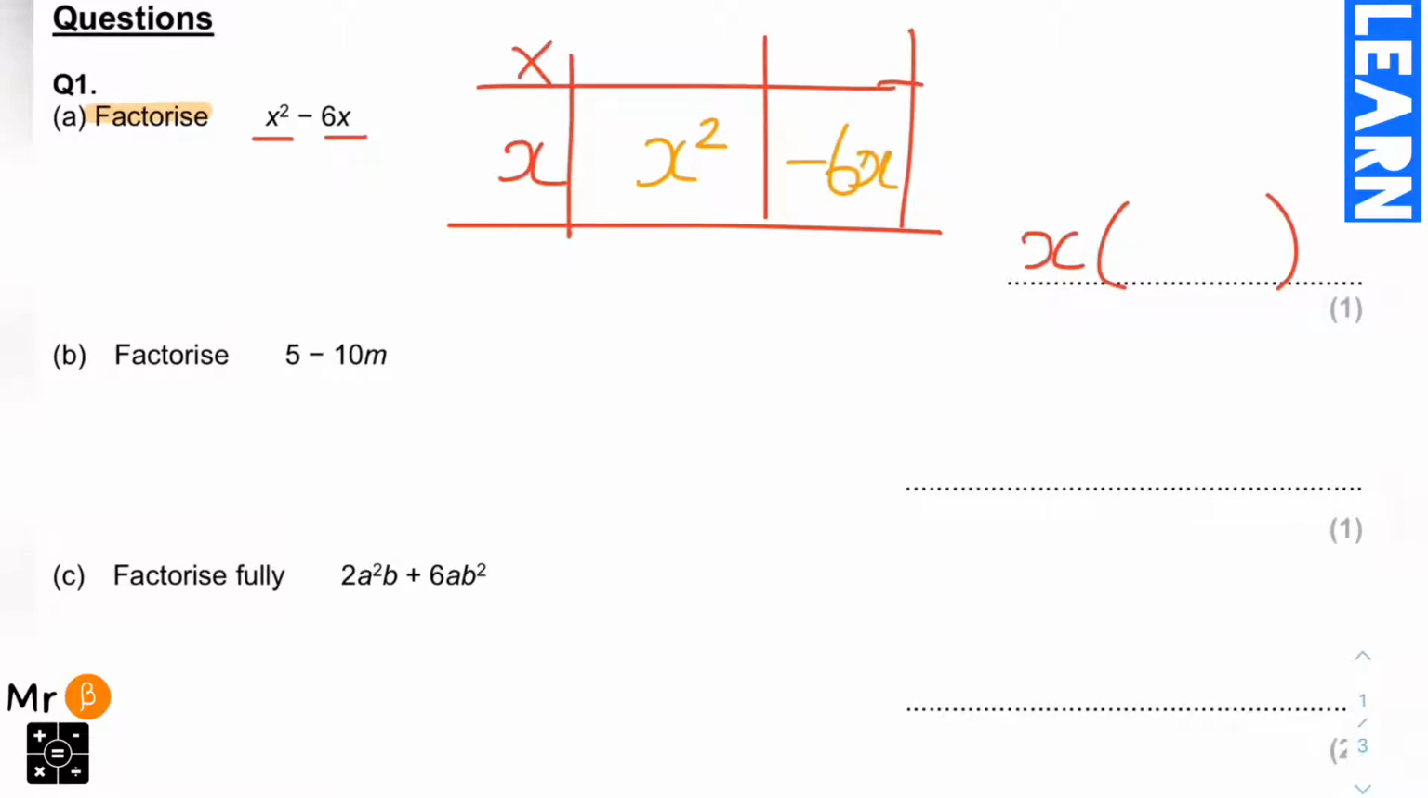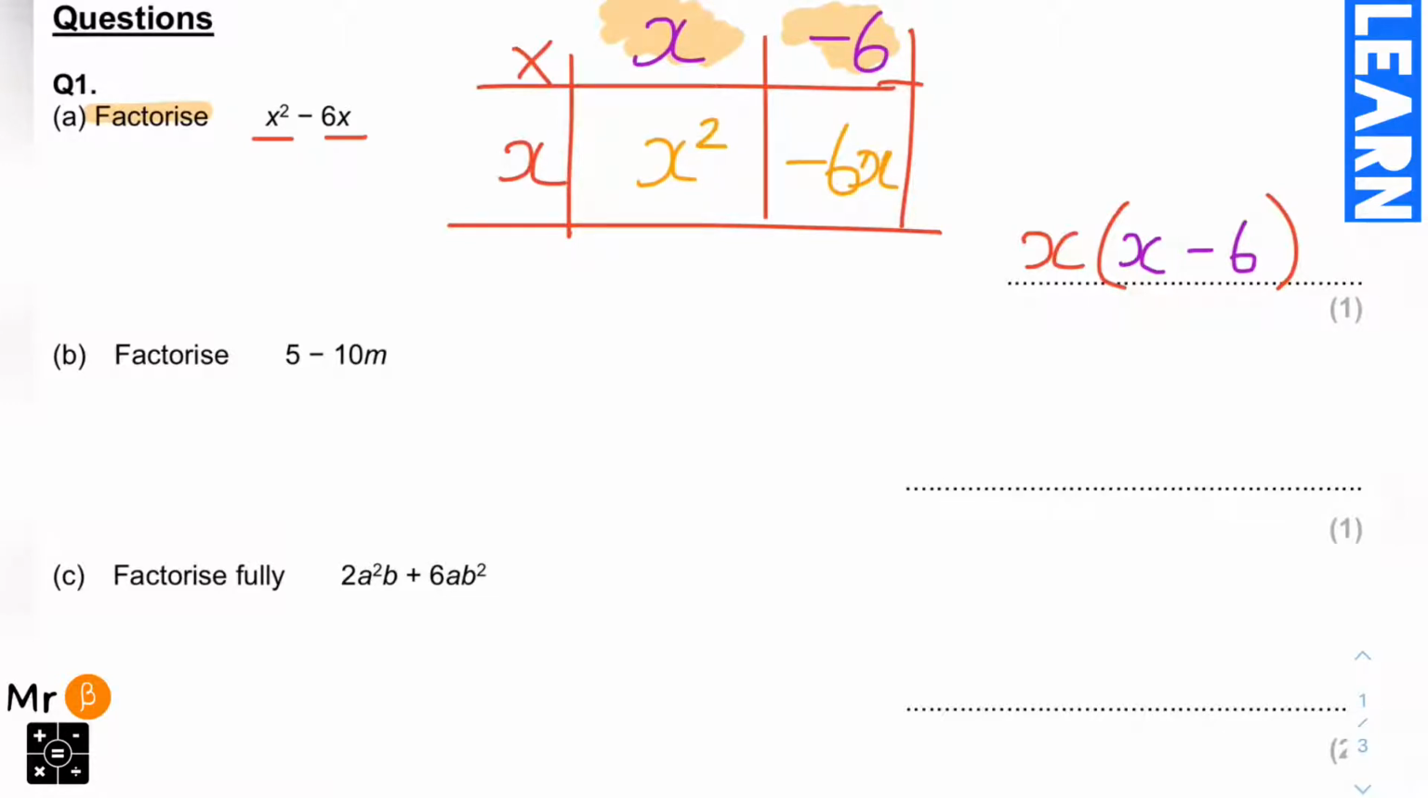minus 6x. So we've got to work out what we times by x to get x squared and what we times x by to get to negative 6x. So here we know that we must times it by x to get x squared, and then by negative 6 to get negative 6x. So then we have factorised into single brackets, and we've shown that by reversing our expanding